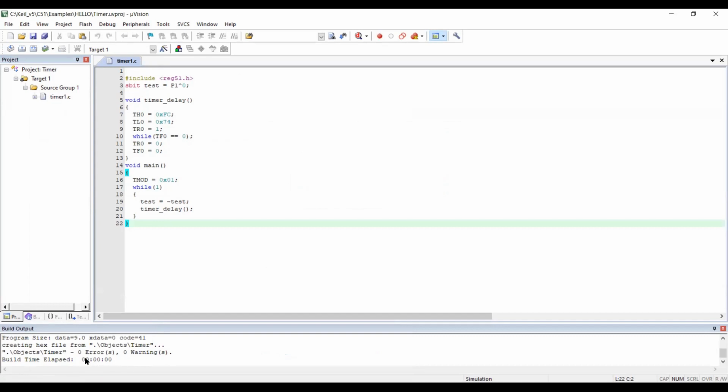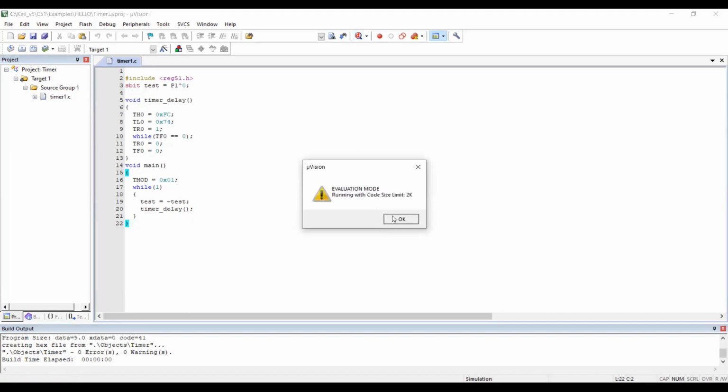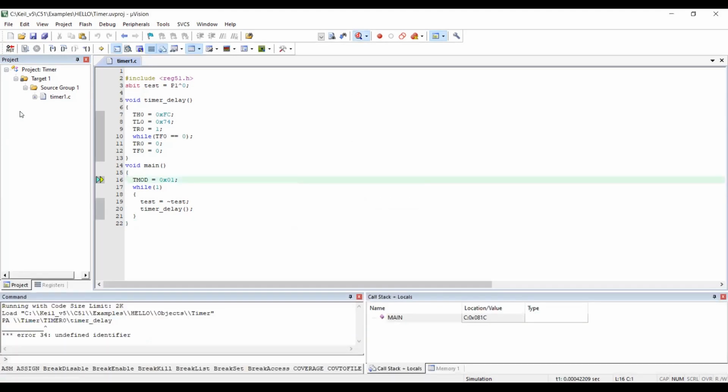We can see there are no errors and warnings, and then we run the debugging. Now we go to peripherals, I/O ports, and Port 1. Again, like in mode 0, we uncheck all the bits except the last one.